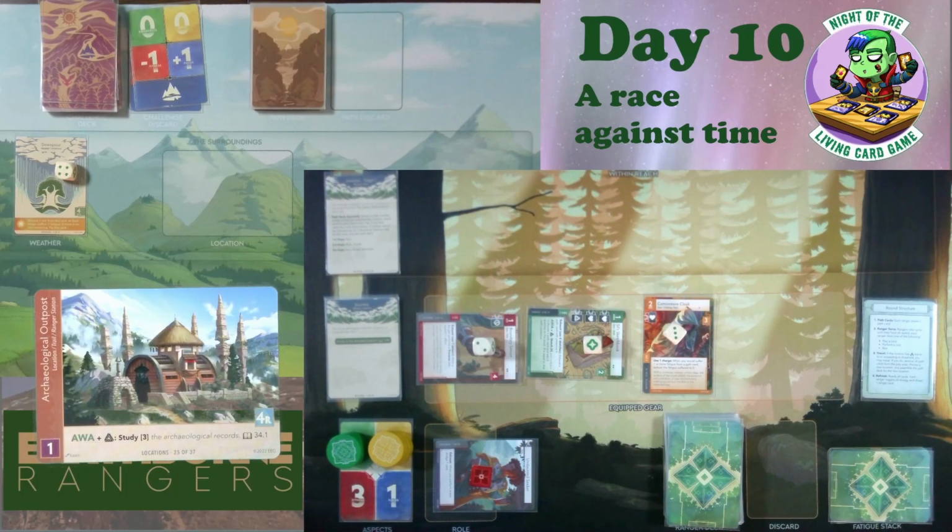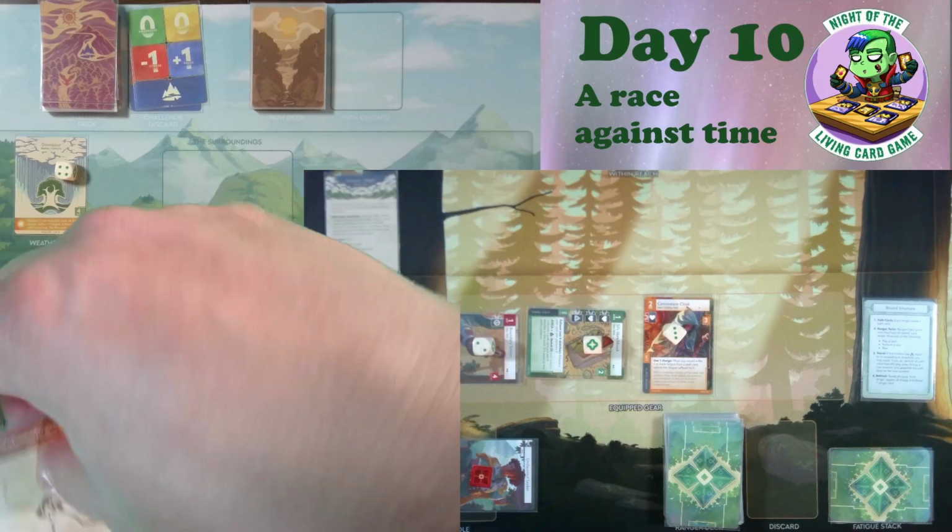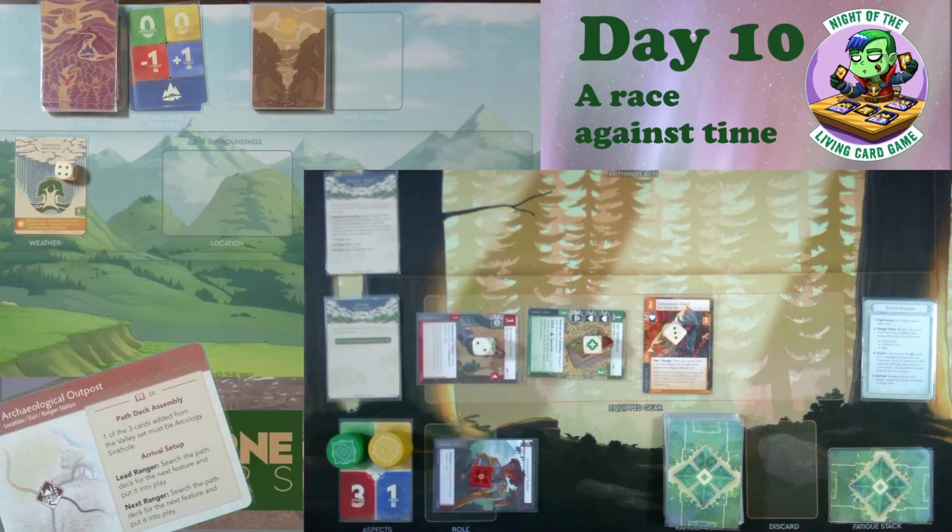All right. Here we are at the Archaeological Outpost. Location, trail, and ranger station. Presence value of 1. Progress threshold of 4 per ranger. And it has a test, awareness plus knowledge against a threshold of 3 to study the archaeological records. If we do that, we get to read entry 34.1. First things first, though, on...